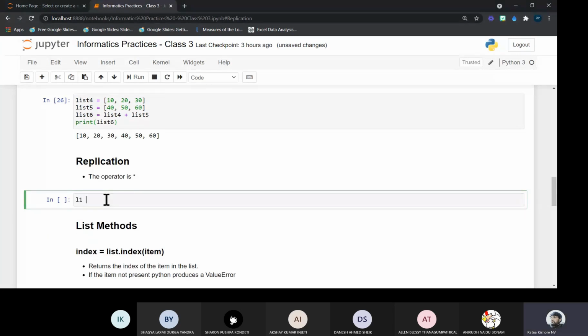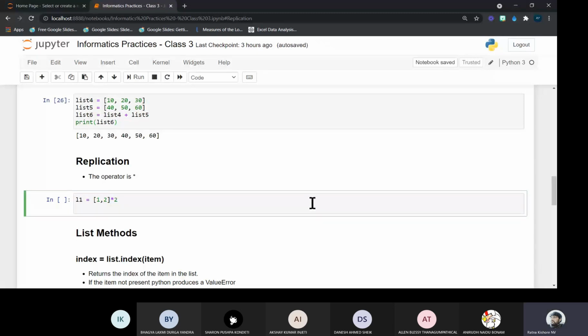I am taking L1 as a list, and the input list I have is 1, 2. Then I am going to replicate that 2 times. If I display L1, I will get 1, 2, 1, 2. That means the same list 1, 2 is replicated 2 times. Understood or not? It got replicated 2 times.